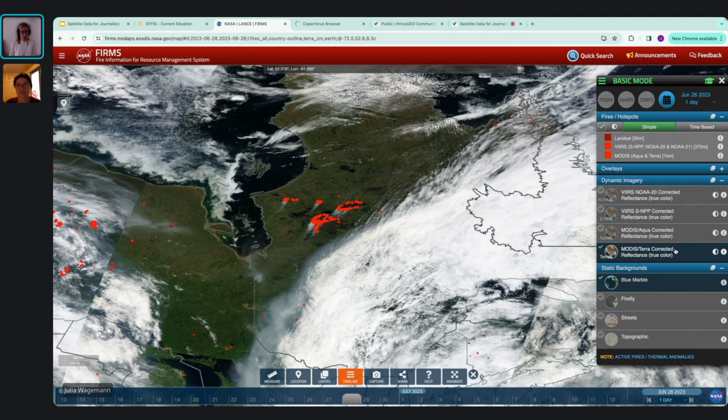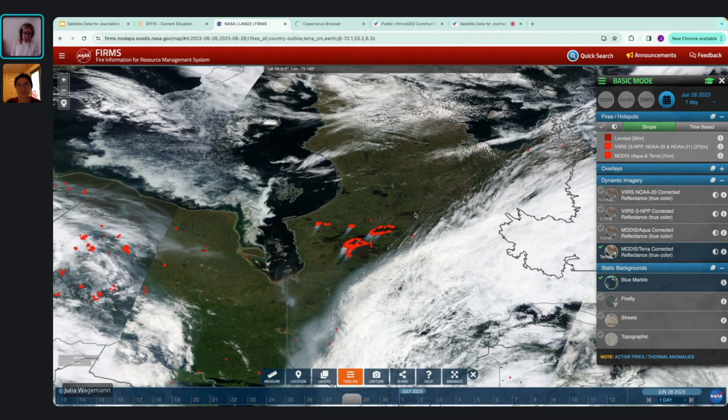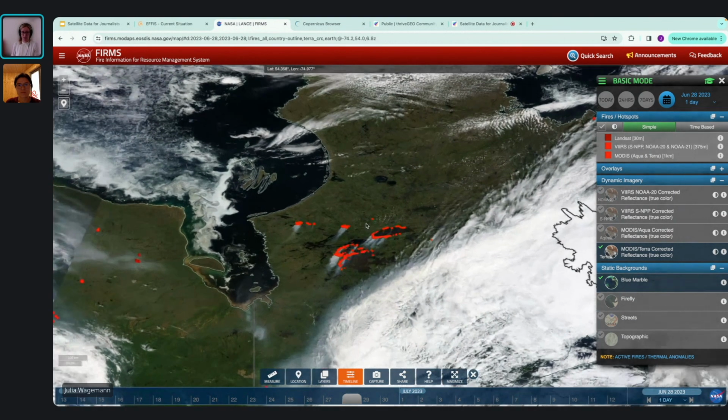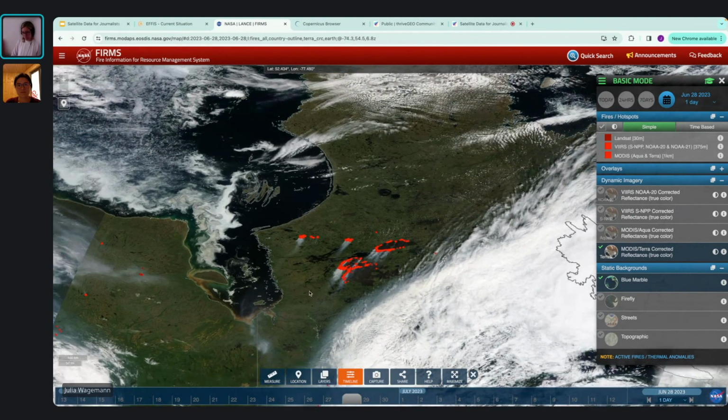And this is where you already see some of the limitations of some of the satellites, because some of the satellites can't look through clouds, and this can often be quite a limiting factor for getting the right images, because we have clouds and so we actually don't know what is happening beneath the clouds. But for the 28th of June, at least in this area where fires were identified, we also see smoke coming from the fires, and we were lucky because there were no clouds for this region.